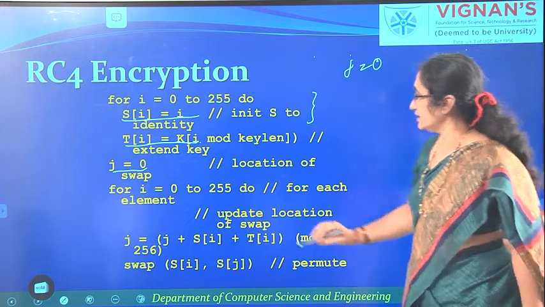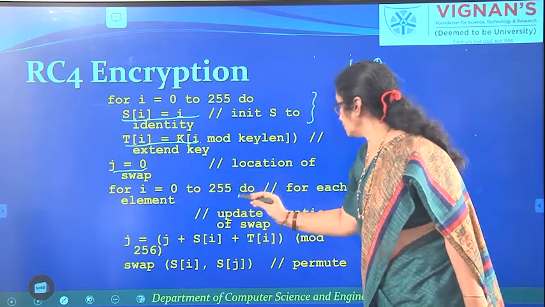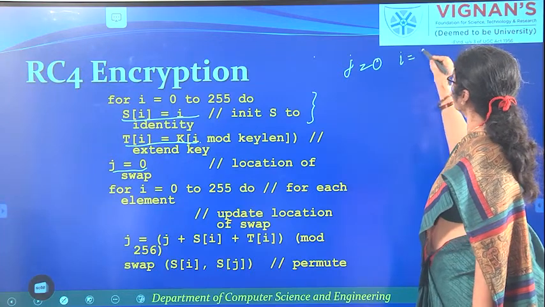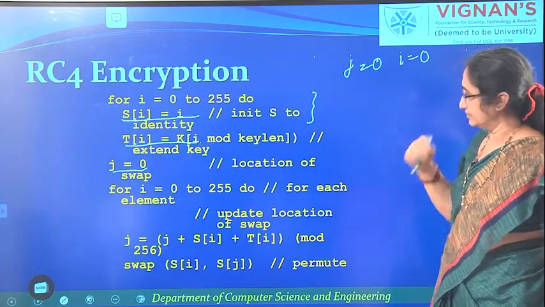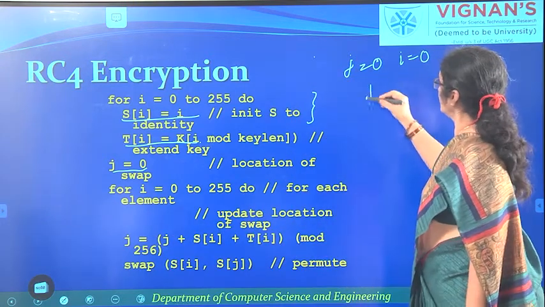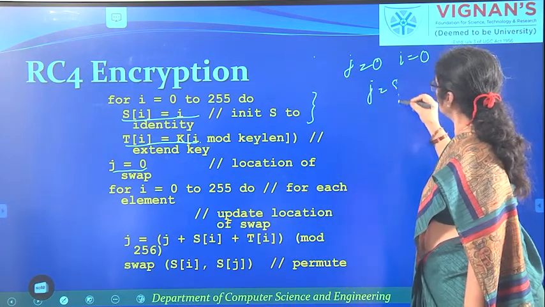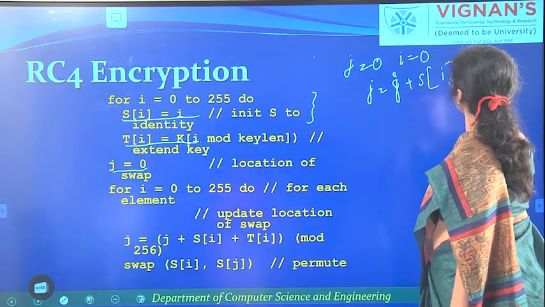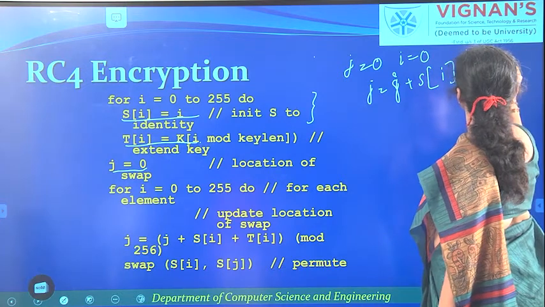And then, i is equal to 0 to 255, do. So, your i value is again 0 because we are starting from 0. j is equal to j plus S of i plus T of i.